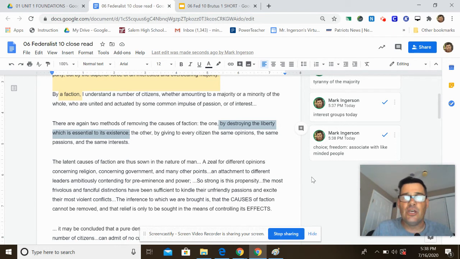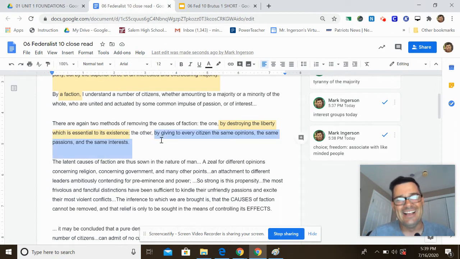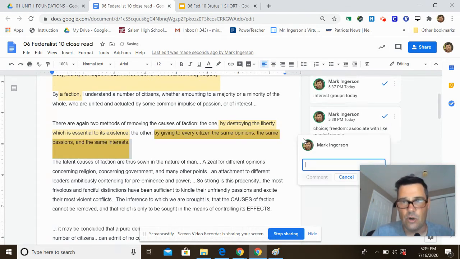All right. And so the one way to get rid of faction is to destroy liberty. Just have no freedom whatsoever. We could just become like North Korea and we'll have no problem with factions. No problem at all. Or the other way is by giving every citizen the same opinions, the same passions, the same interests. So how do you give everybody the same opinion, the same passion, and the same interest? Well, that would be